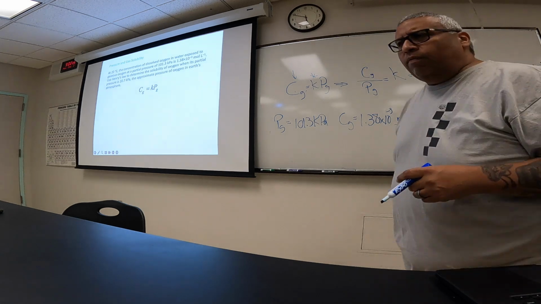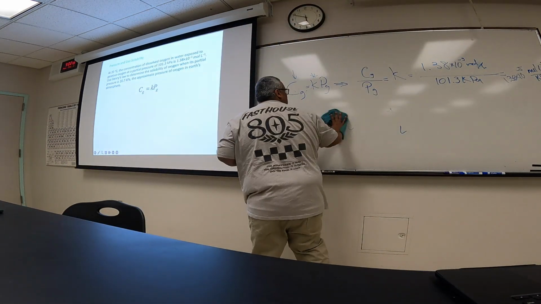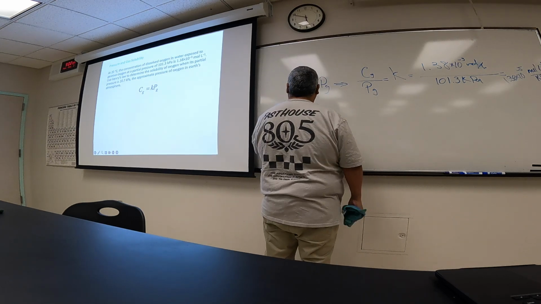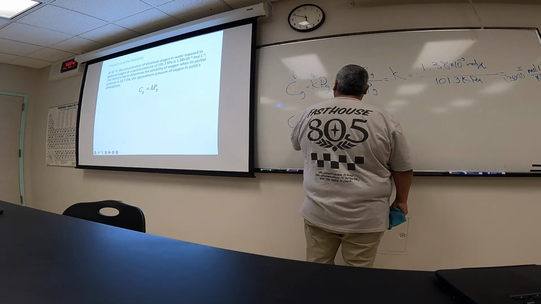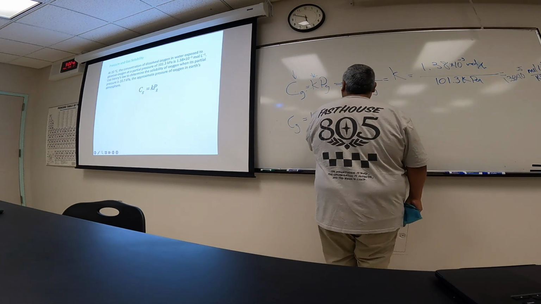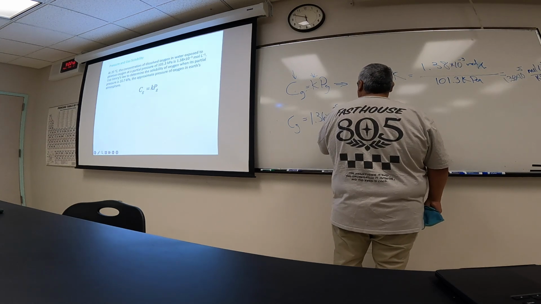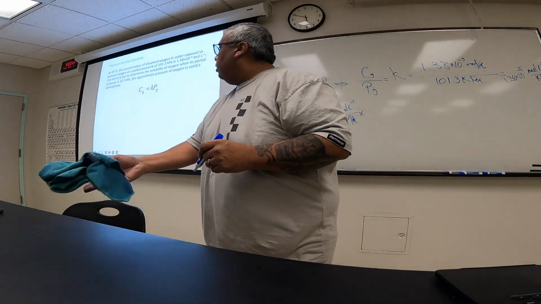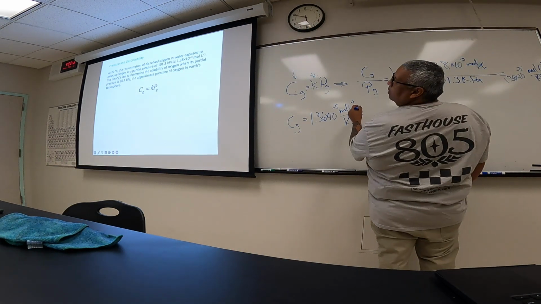So now that we know the value of K, let's see what this new solubility of gas is. We know what K is. K is equal to 1.36 times 10 to the minus 5 moles per liter per kilopascal, and we multiply it by our new partial pressure. So at 20.7 kilopascals,